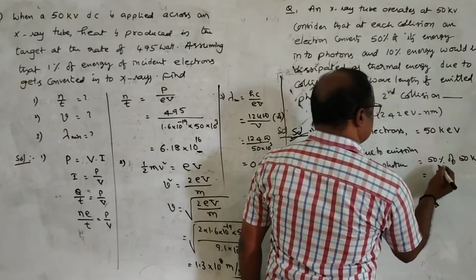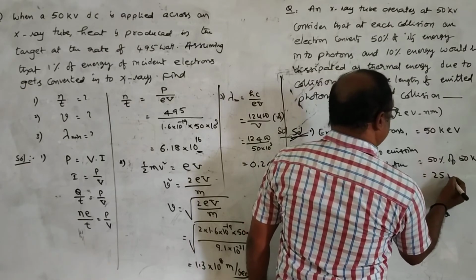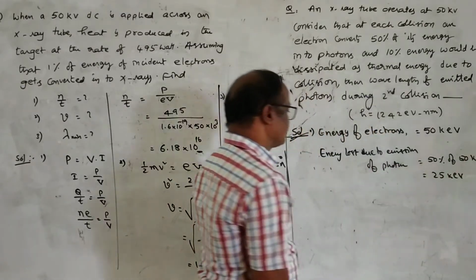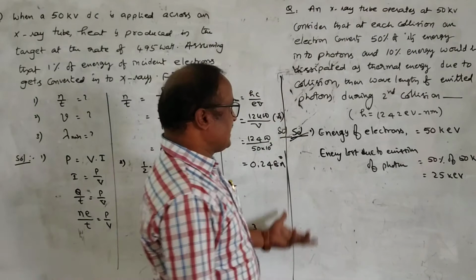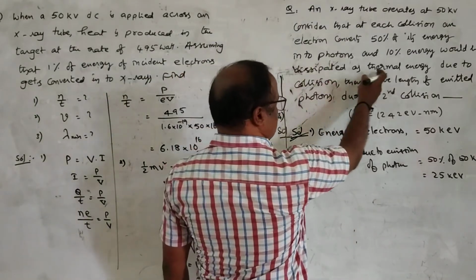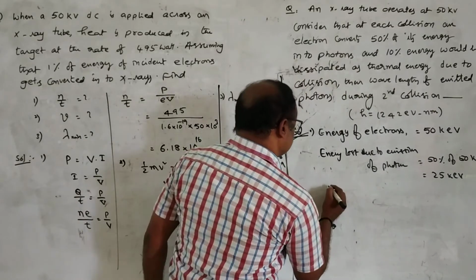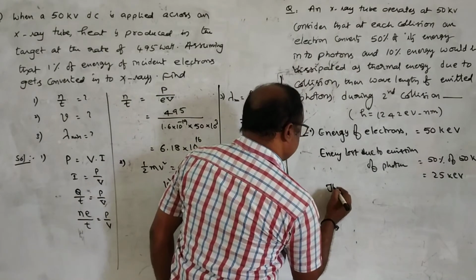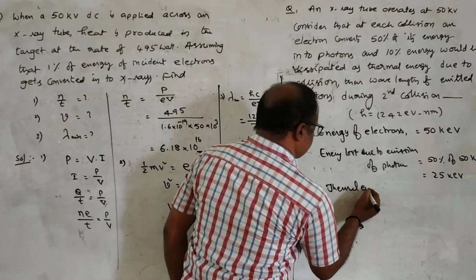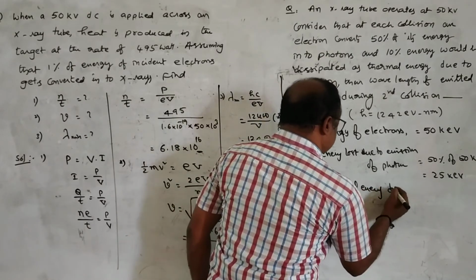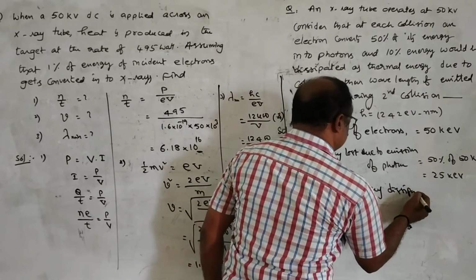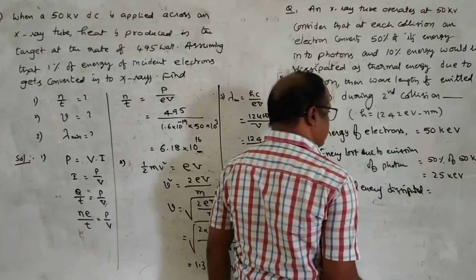That is, half, which means 25 kilo electron volts. Energy loss. Again, the energy dissipated as thermal energy is equal to...